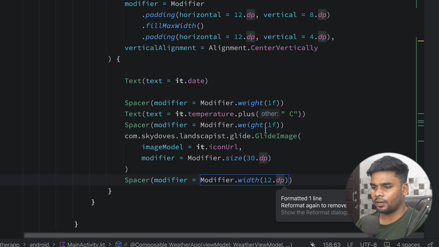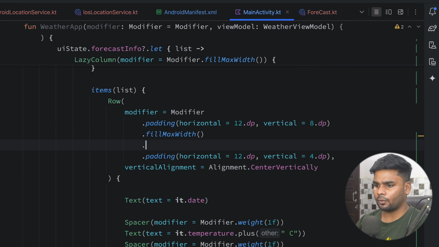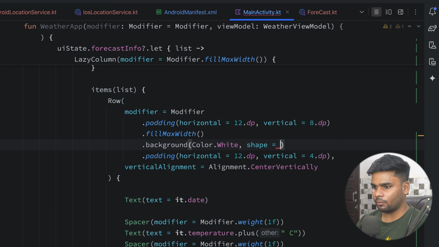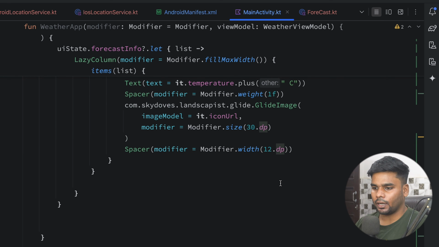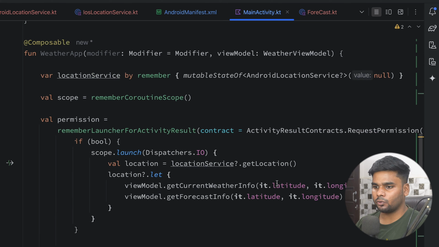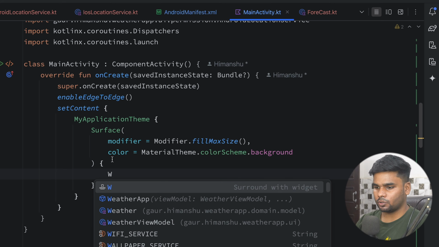That's it for our row, and I want to color this row. So for that I'm using background, and in this background I'm passing white color. And for the shape, it is a RoundedCornerShape of 12 dp. And yeah, we are pretty much done with our UI. Now it's time to use this WeatherApp in our Surface. So just use your WeatherApp,